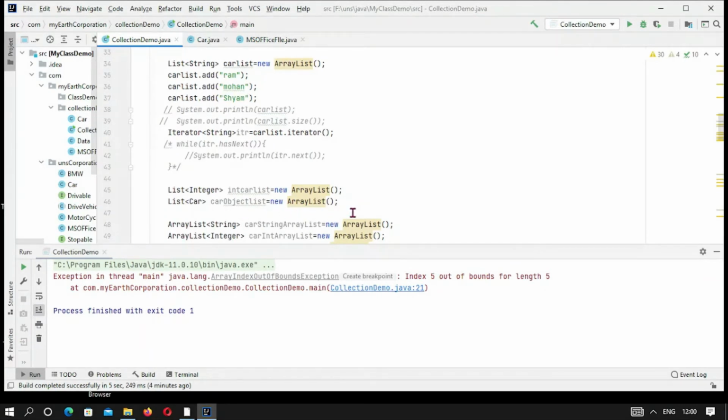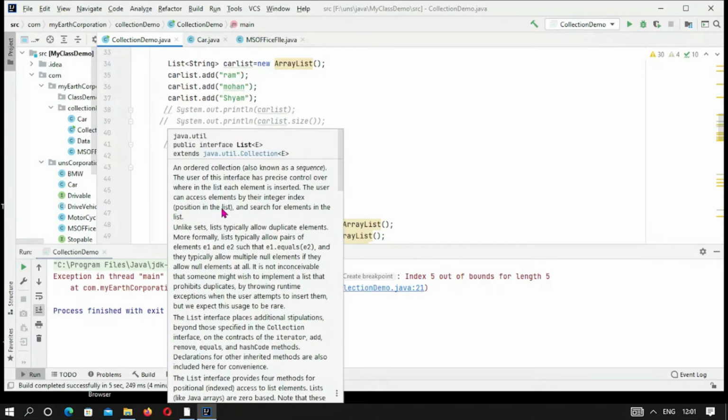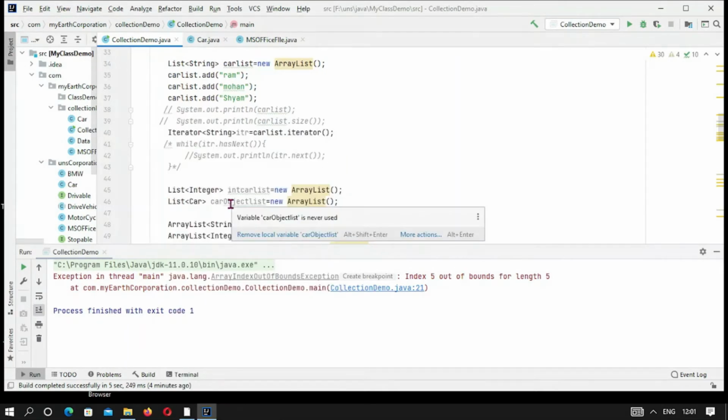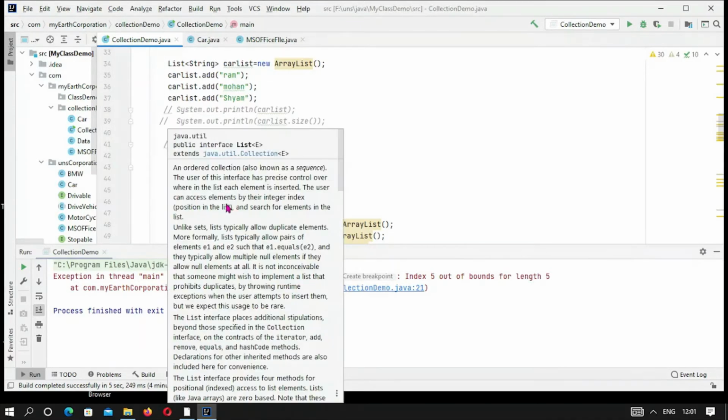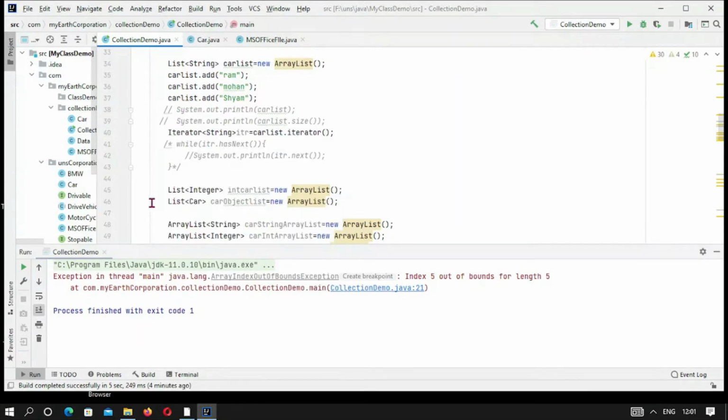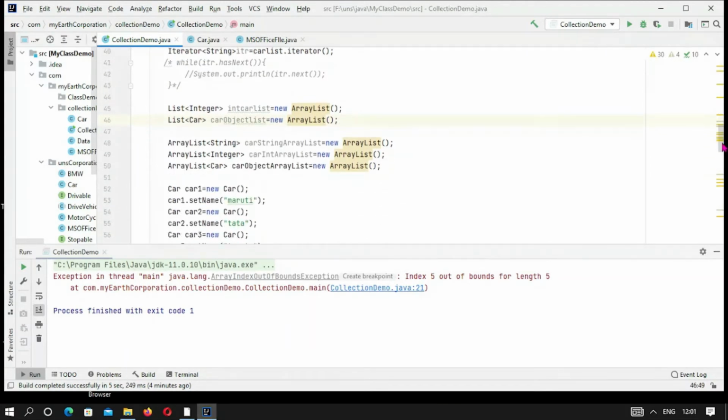The difference between these two reference types is that the list produced by the List interface and the list produced by the ArrayList class will use their parent's methods. So all the methods which are available in List will be available for this one. So when we are using a specific type of these methods, we may take a reference of this List, but the object will be created from the implementing class only. We can't create an interface object from an interface. We must implement it. So this is the ArrayList implementing class.